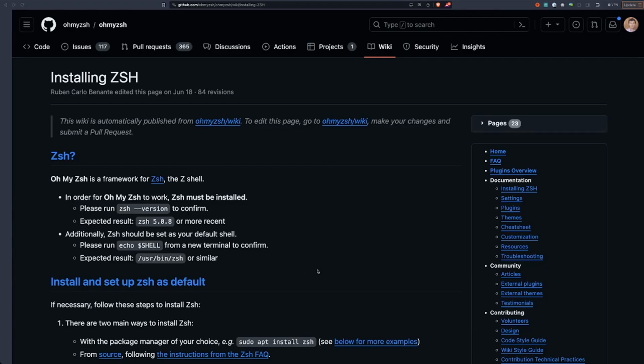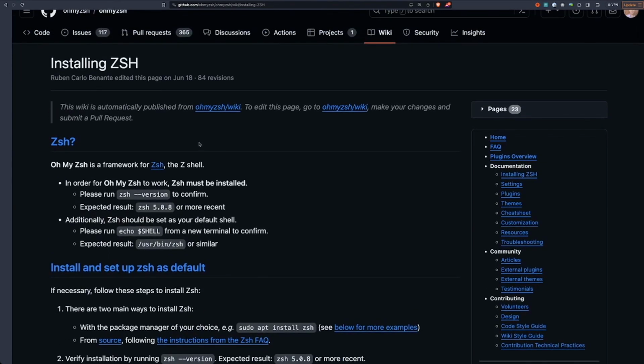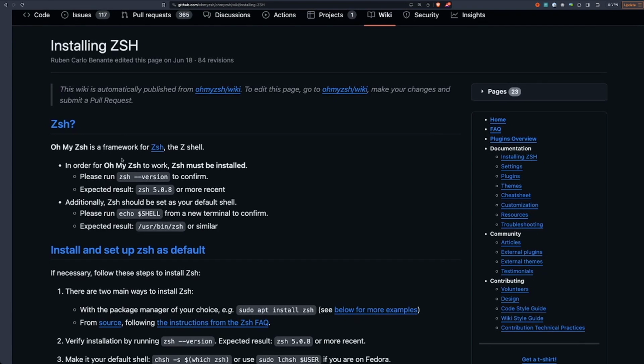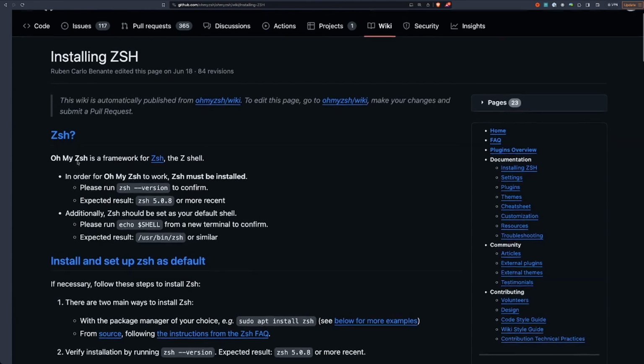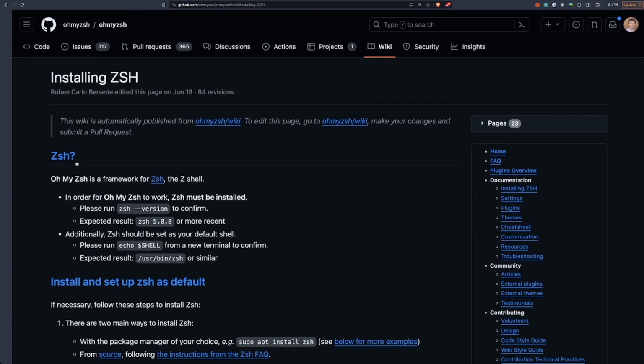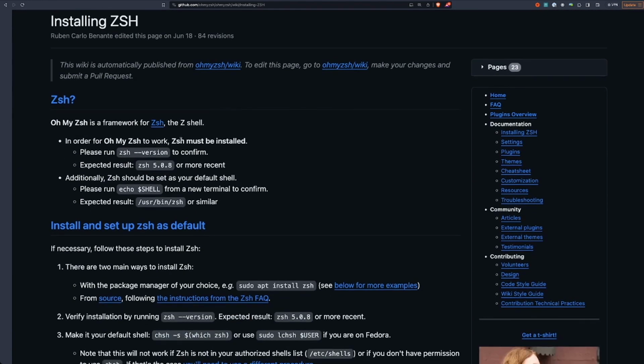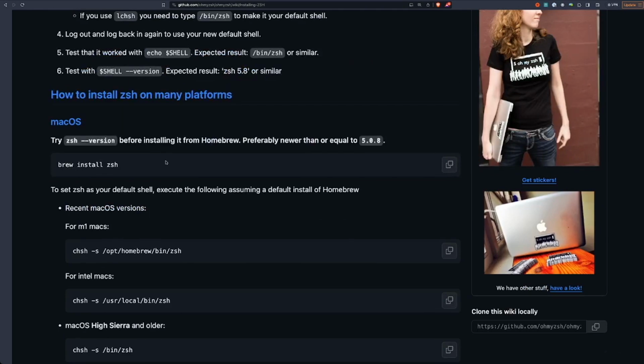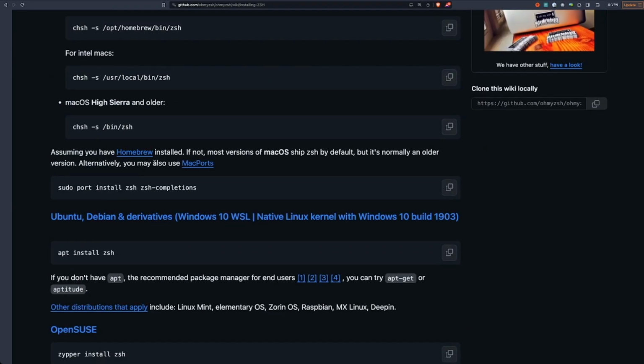Alright, the very last dependency that I will ask you to install is ZSH. Oh My ZSH is a great plugin framework. I don't even know how to describe it, honestly. It's just this ginormous tool set around ZSH, which is the Z shell. And there's syntax highlighting, there's plugins. It's just a fantastic